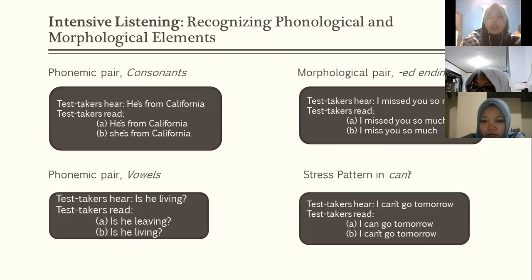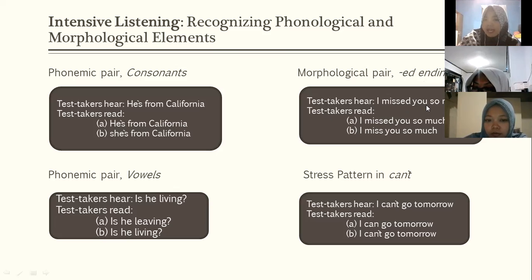Okay, and for the phonemic pairs which focus on vowels, the example is "He's living?" And the options are "He's living" and "Is he living?" In this example, the test wants to assess the student's ability to distinguish between these two vowels, "living" or "living." Okay, and then for morphological pairs using past participle ending, the example is "I miss